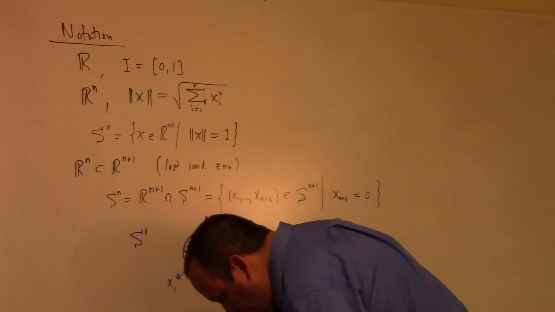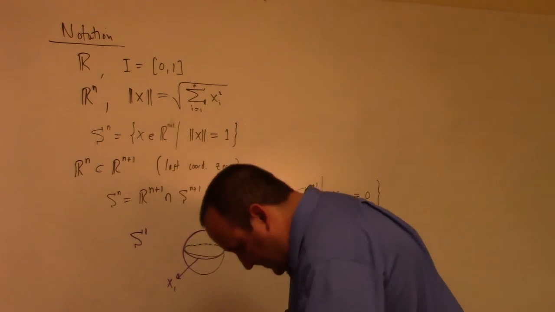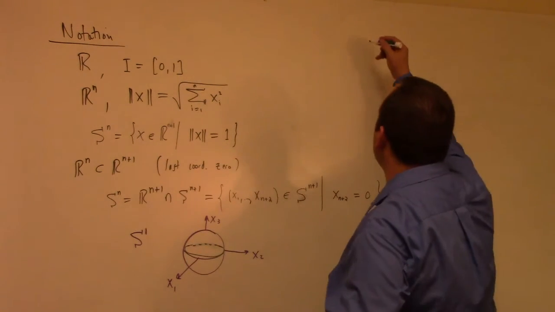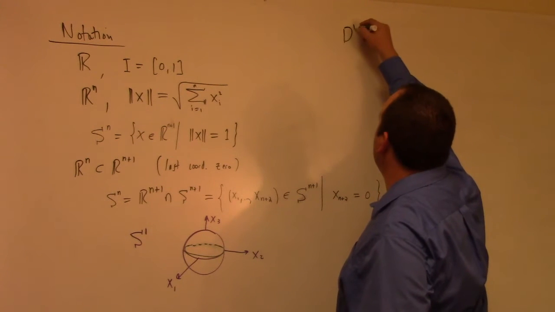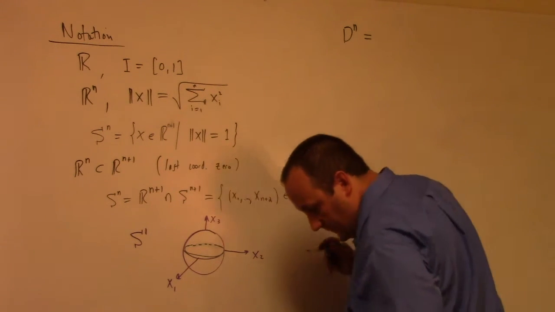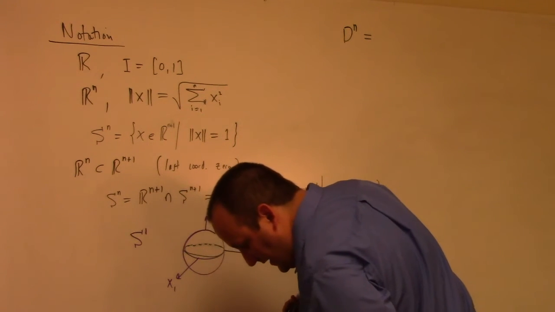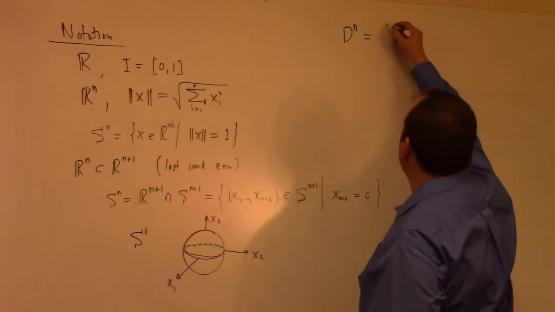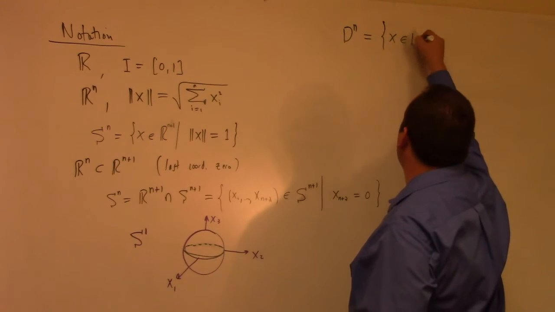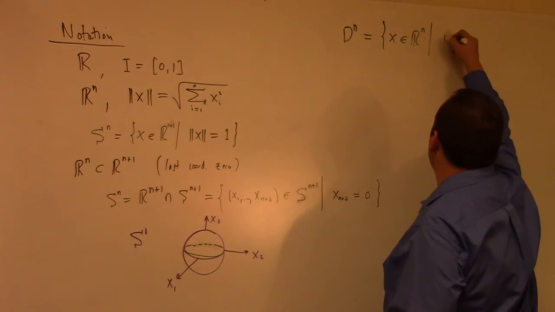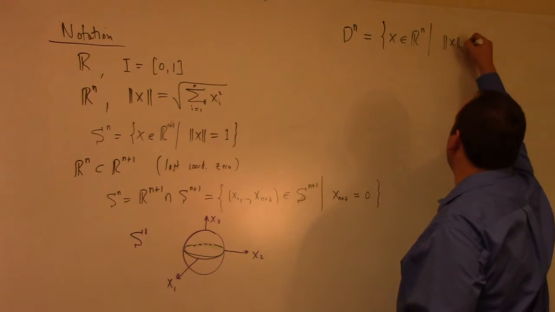Now, Dn. What is Dn in this? The n disk. So what this is going to be is x in Rn such that the modulus, the length of x,